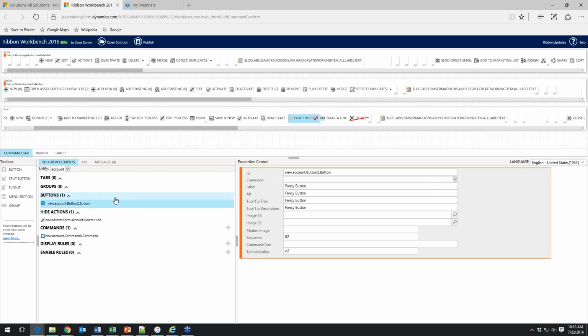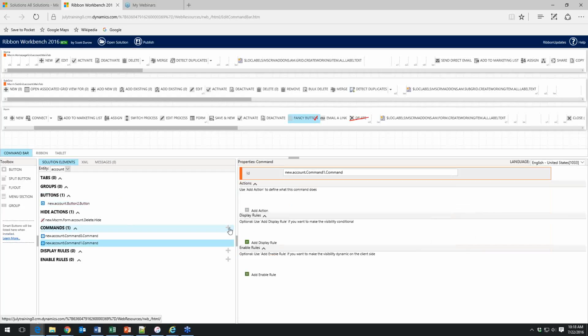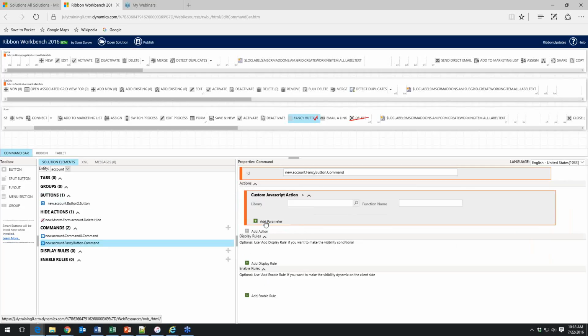So what we're going to do here is go down to our commands, and there's a plus button over on the right-hand side. I'll click that. I'm just going to call this new account command. Okay. At this point, I specify an action, a display rule, and an enable rule. I'm going to specify an action. I'm going to add a JavaScript action, and I'm going to look for my